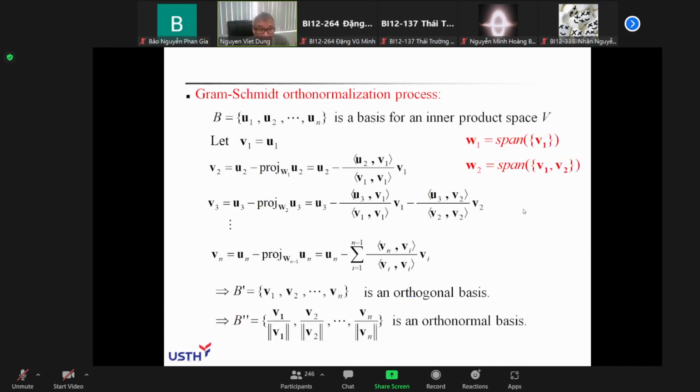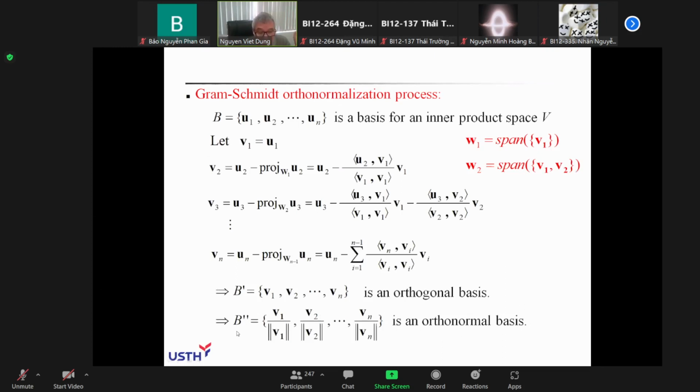After that, we study the Gram-Schmidt orthogonalization process. It is the most complicated formula for you in the whole course on linear algebra. The Gram-Schmidt orthogonalization process is, suppose that you are given any basis B in an inner product space V, then that process will help you to construct first an orthogonal basis B prime, and then you can get an orthonormal